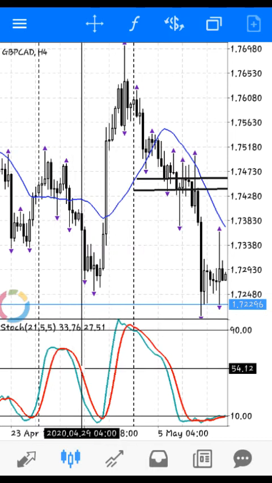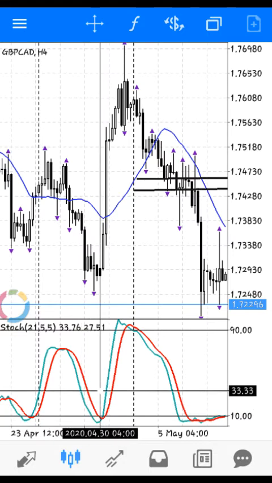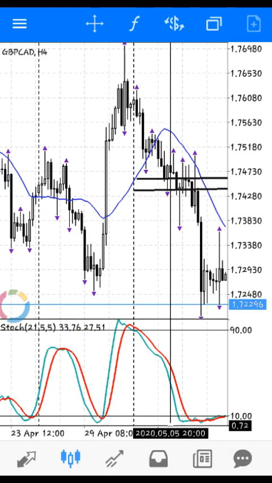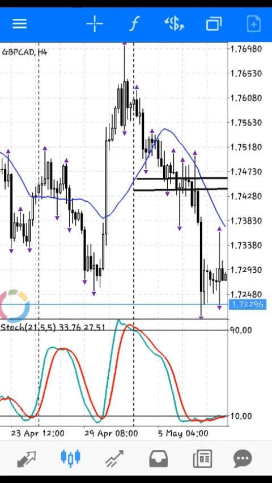Now if you notice something, before I go back and clarify the settings, when price is going higher, the oscillator is also going higher. When price is coming lower, the oscillator is going lower. Now there's a phenomenon called divergence. It means when price is going higher, the oscillator is going lower, or when price is going lower, the oscillator is going higher. It means that